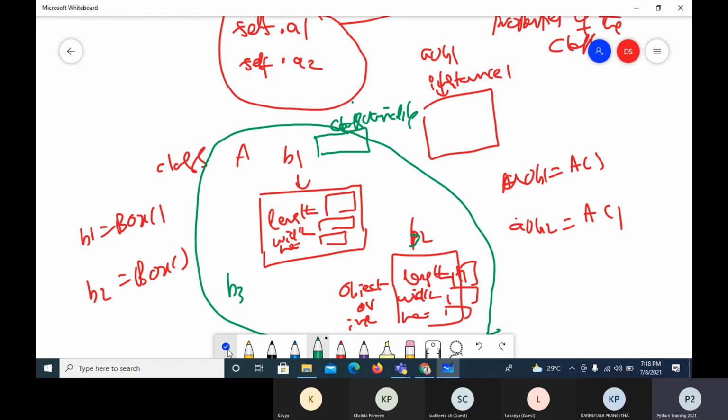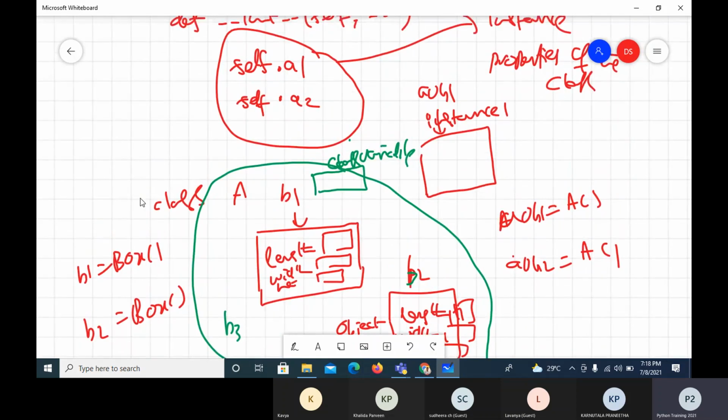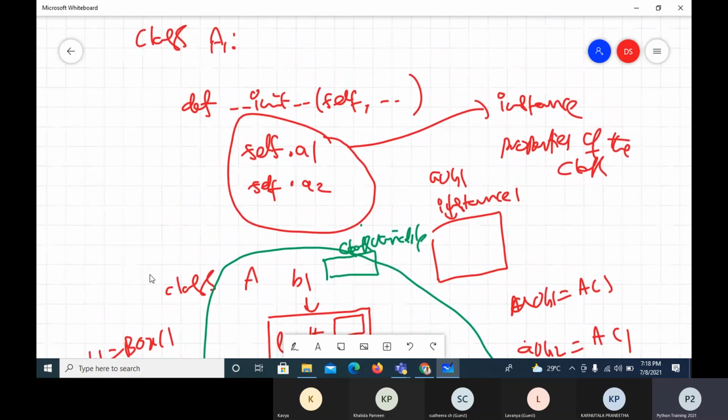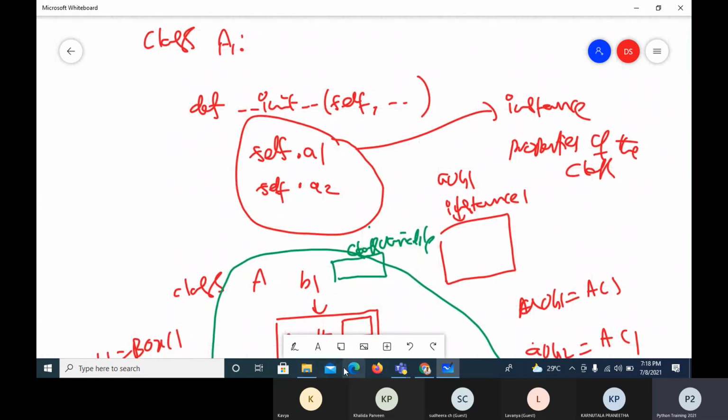Another thing is how I make class properties. When I refer to some properties or members within the constructor, they become instance properties. Now here I may be taking one property outside all the methods.